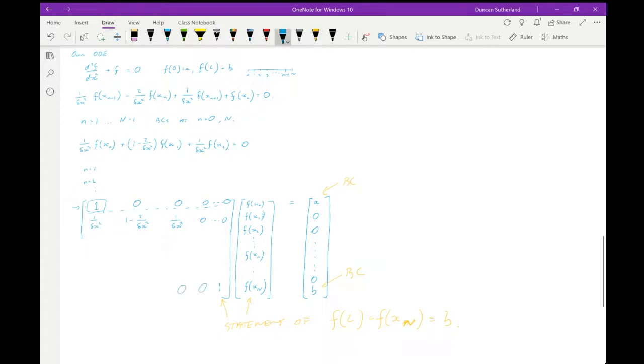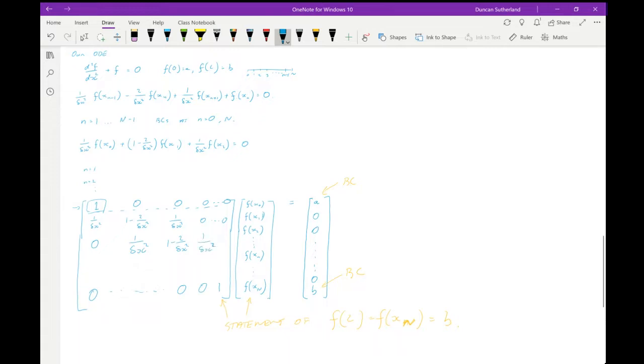Everything else in the equation, all the other terms don't feature. 0. If we write out the second equation, we won't see an x0, we'll only see an x1. 0, 1 minus delta x squared, 1 minus 2. Right, and I know this pattern